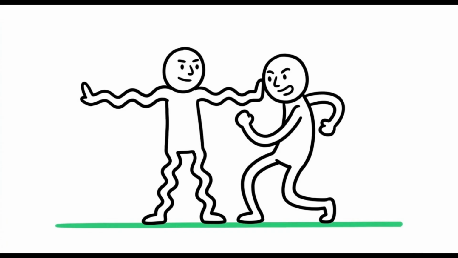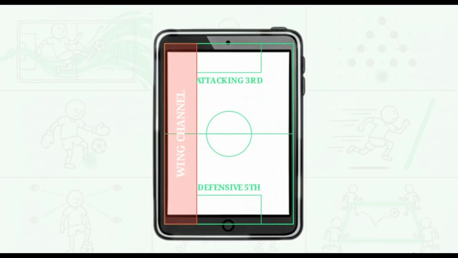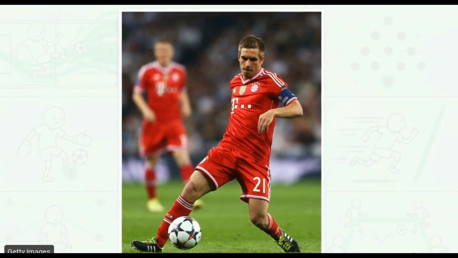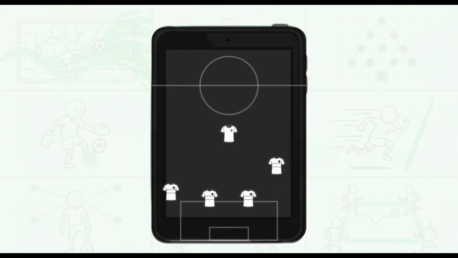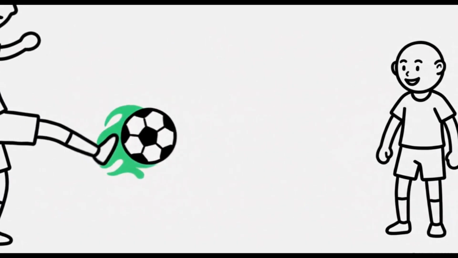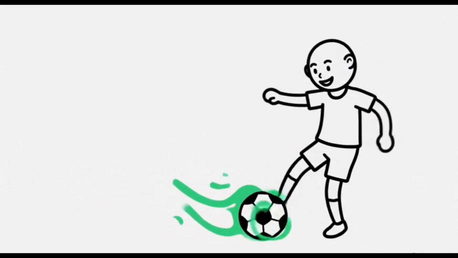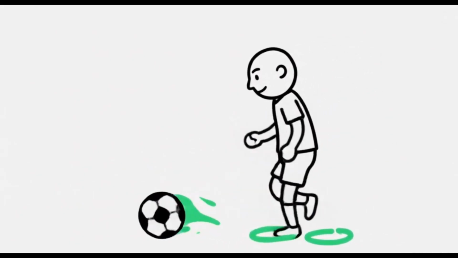On the flanks, the traditional fullback maintains a conservative defensive shape to block crosses. Contrast that with the modern wingback, an engine room role that requires the stamina to cover the entire touchline from the defensive fifth to the attacking third. The evolution reaches terminal velocity with the inverted fullback. As seen here with Philipp Lahm, these defenders drift centrally during possession, joining the midfield to create a temporary double pivot. The modern defensive unit functions as the team's structural foundation, safely progressing the ball from the back into the